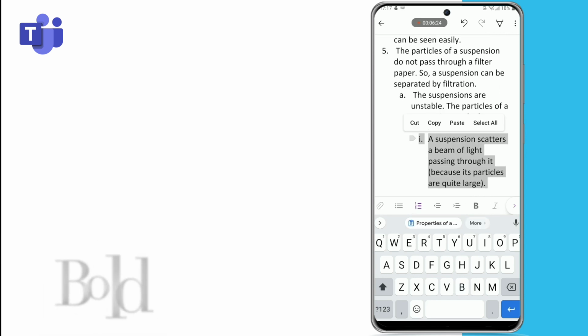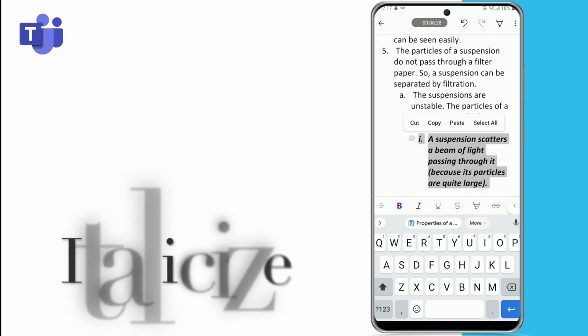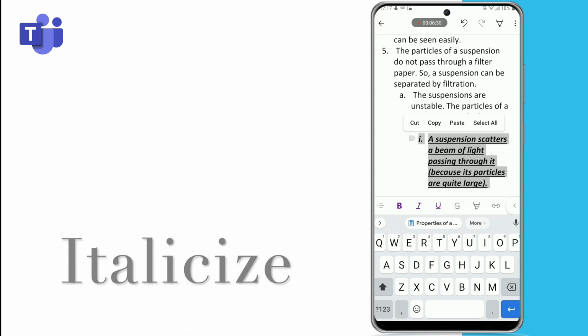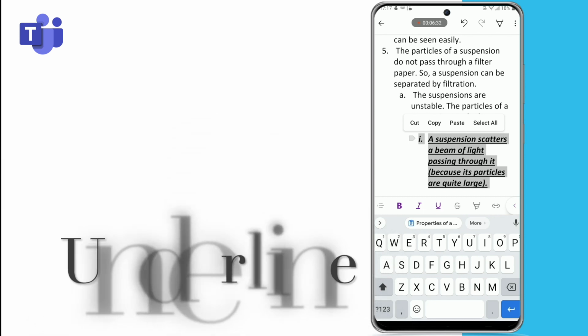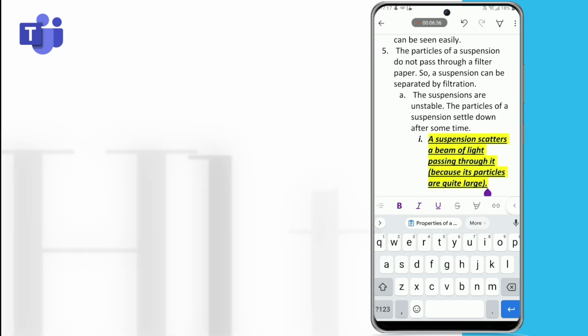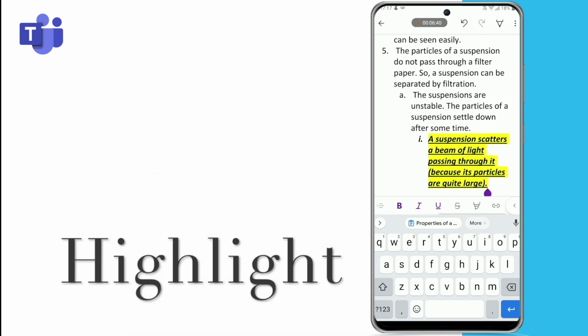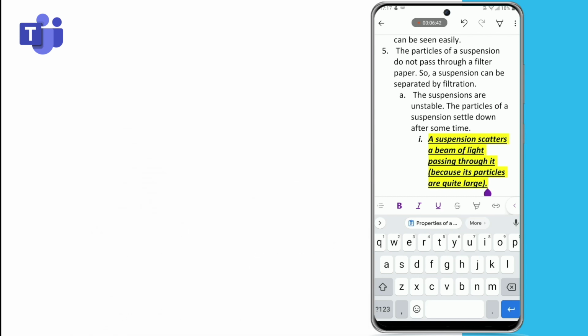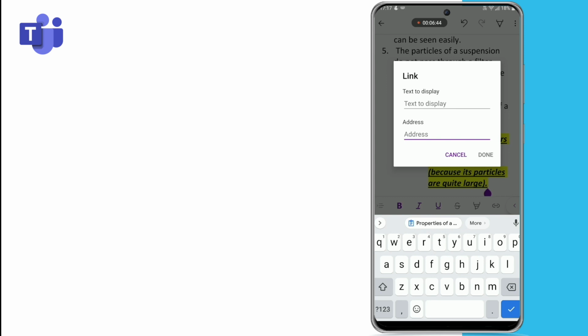And now in case you want to make it bold or italicize it, it depends upon you, or you can use the underline as well. Okay, you can use the strikethrough in case it is required. In case you want to highlight content, you can highlight it, and in case you want to add any link, you can click here.